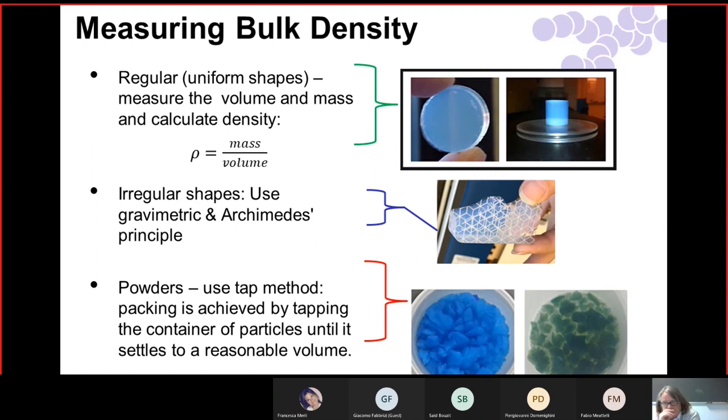If you have irregular shapes like this, it's a little harder. There are instruments to estimate that for you. You can use Archimedes, because you can measure displacement of a material, though it's not so easy to use with an aerogel. It's hard to do in water with an aerogel, but there are other ways of doing that, like with sand. And then if you have a powder,